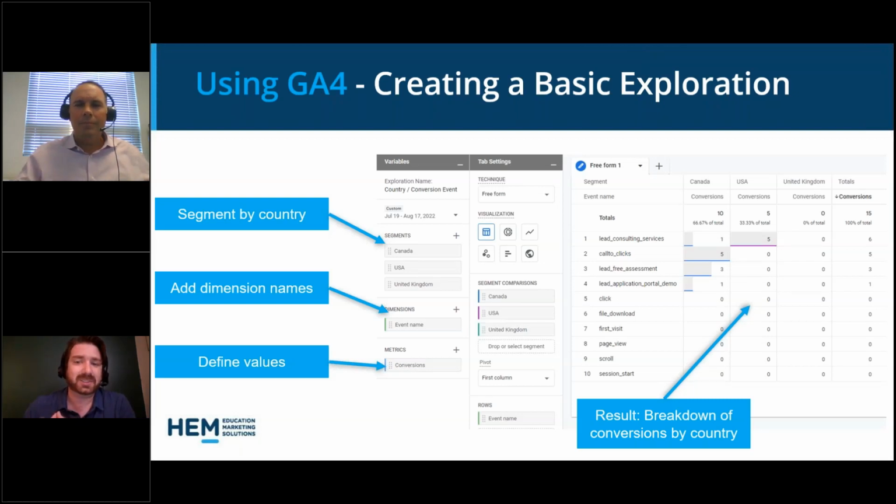You can see some interesting data in this report I built: for instance, Canada has a large number of people doing call clicks, which are probably calls to the admissions office. And USA, while it has fewer, it has a lot of people filling out this sort of lead form that's at the top one there. So you can see that prospects from different countries even act differently, which could give you a bit more insight into your overall marketing strategies.